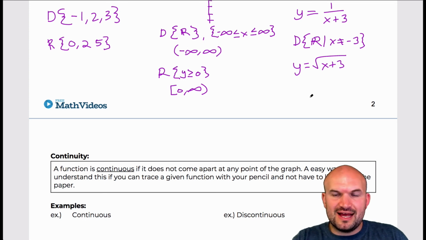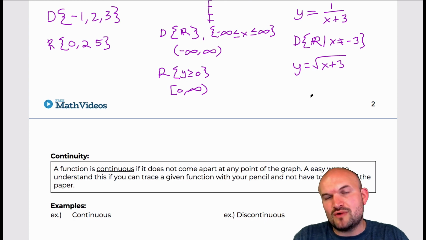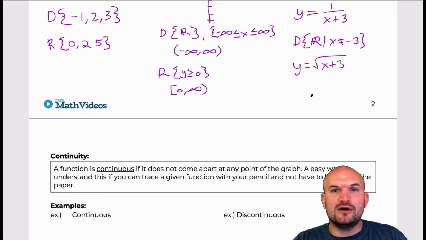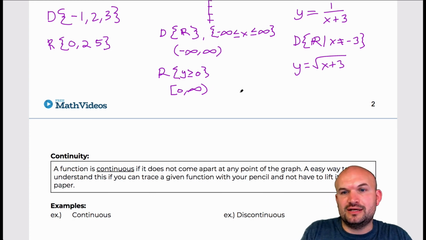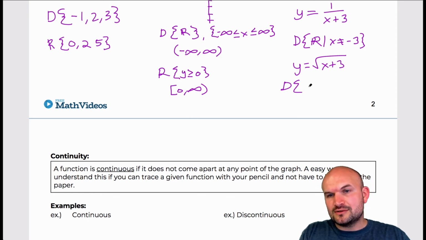So you think about if I have -3, well, -3 plus 3 is 0. Okay, that's good. But anything smaller than -3 is going to make that radical negative. So therefore, that's not going to work. So my domain has to be all values that are greater than or equal to -3. So again, I'm just going to use my set notation or my interval notation, and we'll come back to